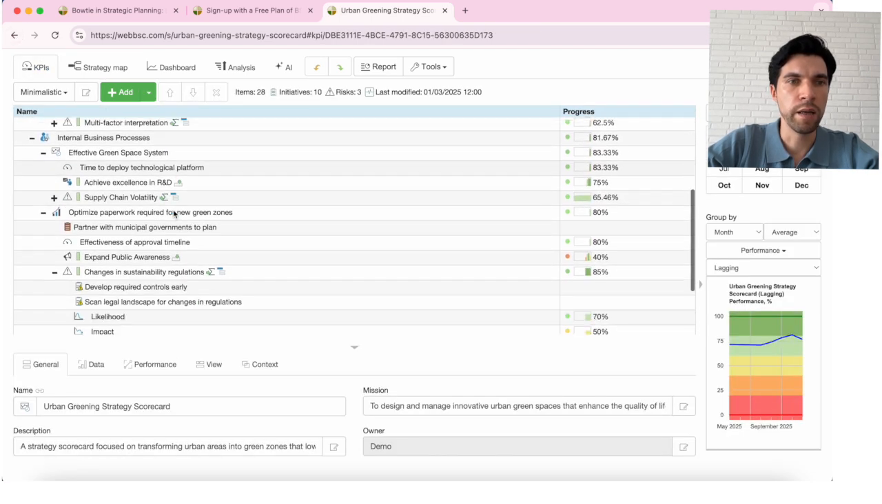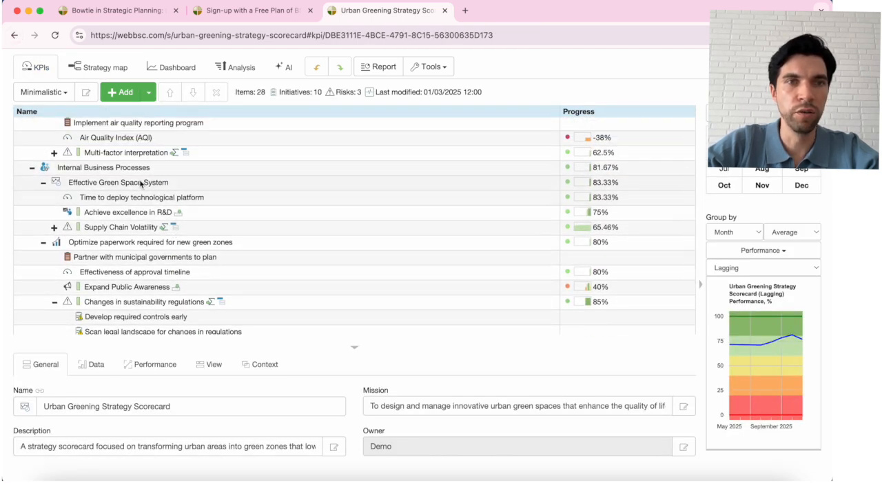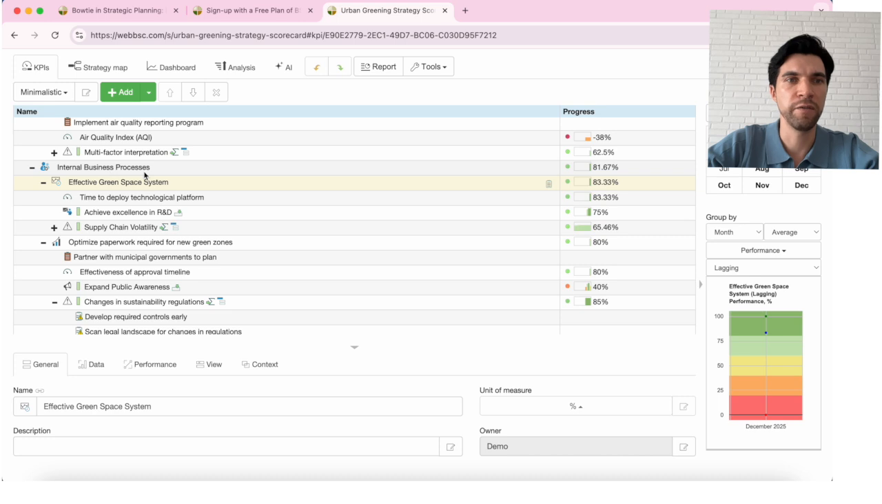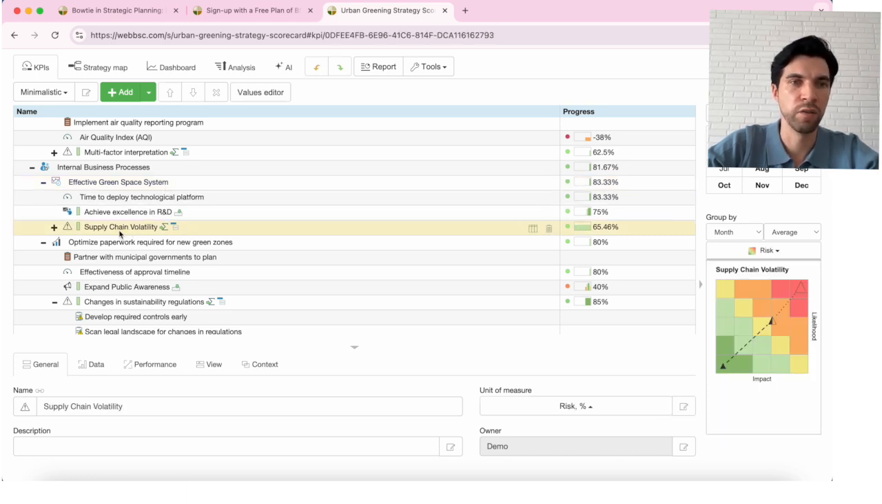And one of the goals within the internal perspective is effective green space system. And in the context of this goal, we have identified a risk, which is called supply chain volatility. So what this risk is about? We can give a short description here. We can